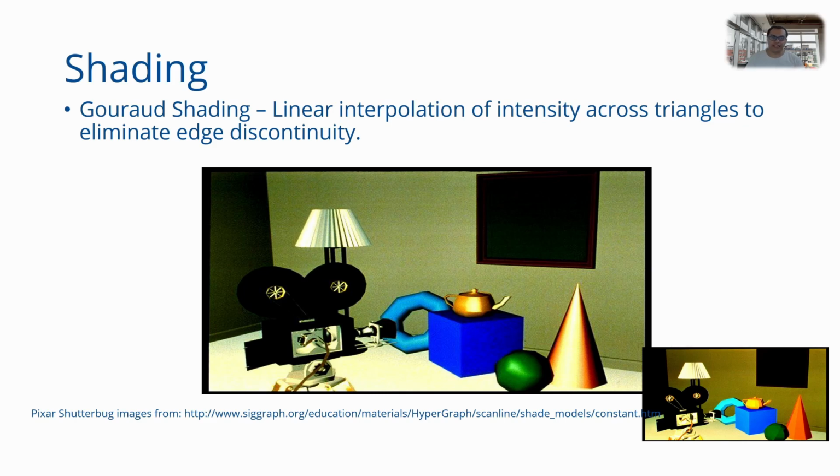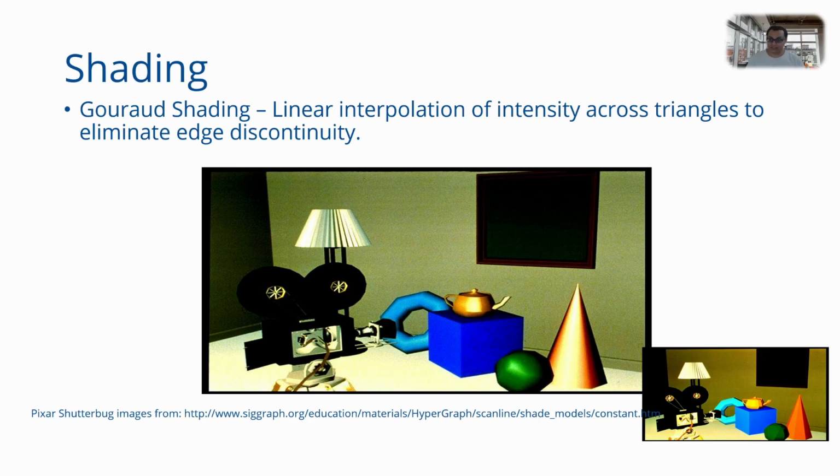Linearly interpolate this color from the vertices to the fragments during rasterization using scanline interpolation. This gives you smoother shading than faceted shading, and it eliminates the discontinuity that you see at the edges of the various faces in faceted shading. This kind of shading, where you compute illumination at the vertices and then interpolate the color to the pixels, is called Gouraud shading.